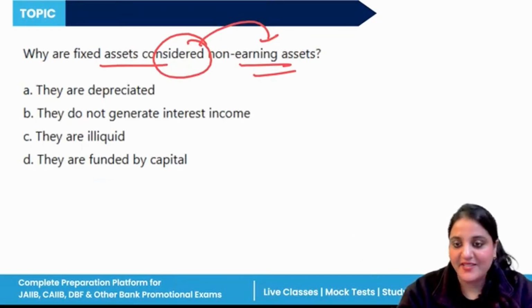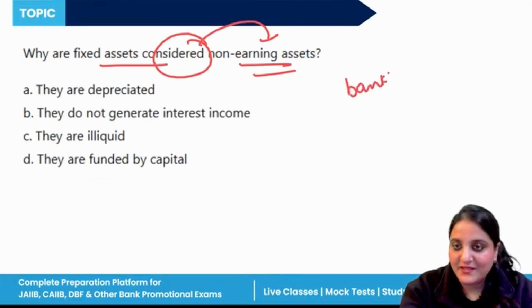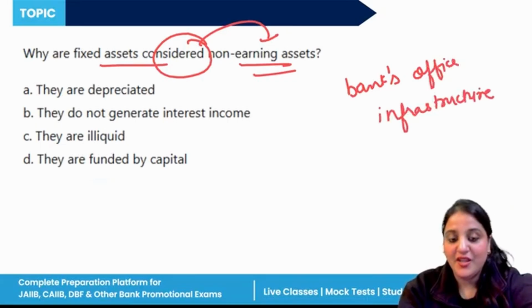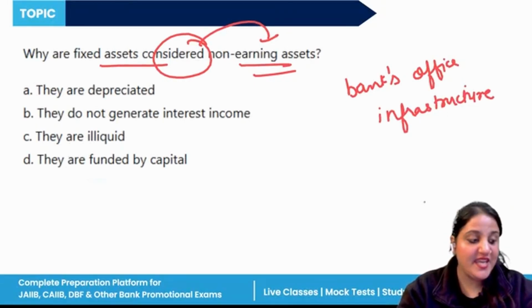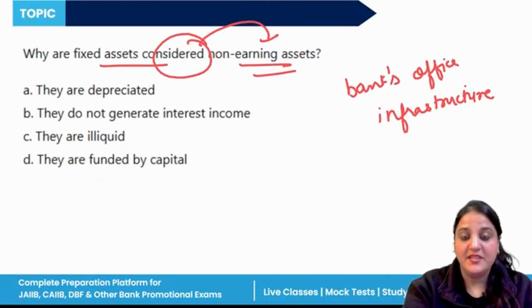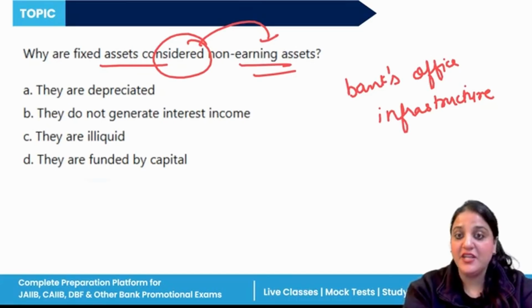Fixed assets are the bank's office infrastructure, right? And basically, they include buildings and premises. They include furniture and fixtures. They include computers and hardware, vehicles, and